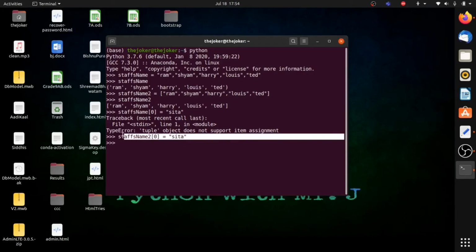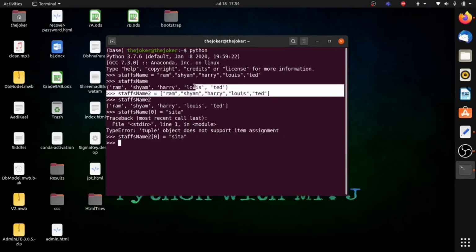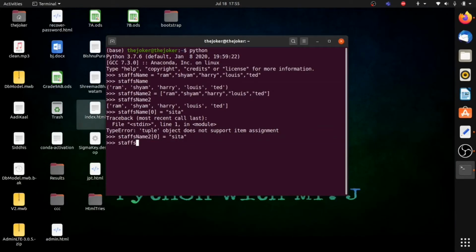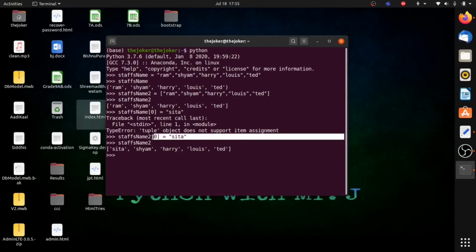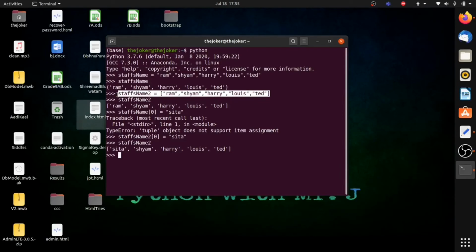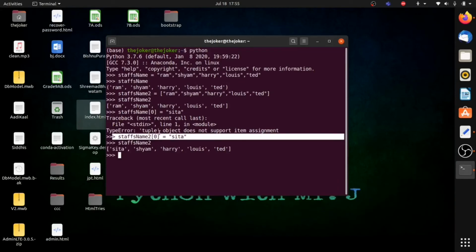Now we can check whether the value is updated in the memory location or not. The variable's name was staff name 2, and we updated the value at index 0 as Sita. Here we had index 0's value as Ram, but here we have the value Sita. That means we have updated the value of this variable's index number 0 as Sita.